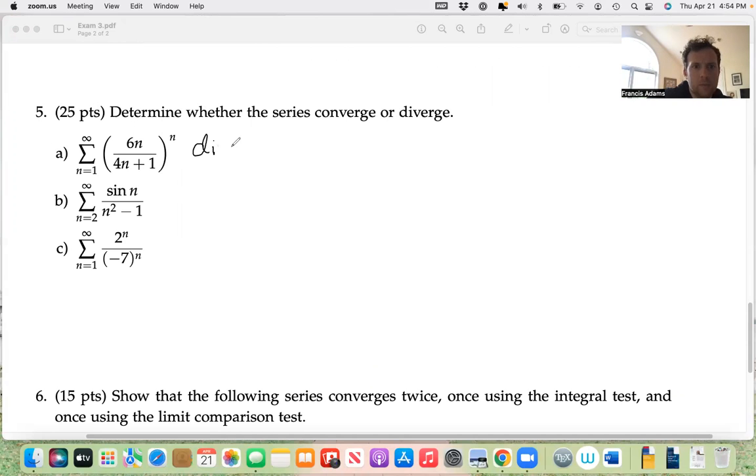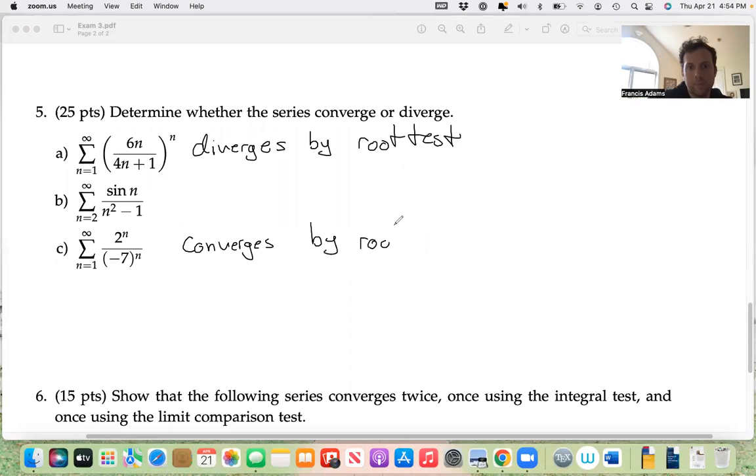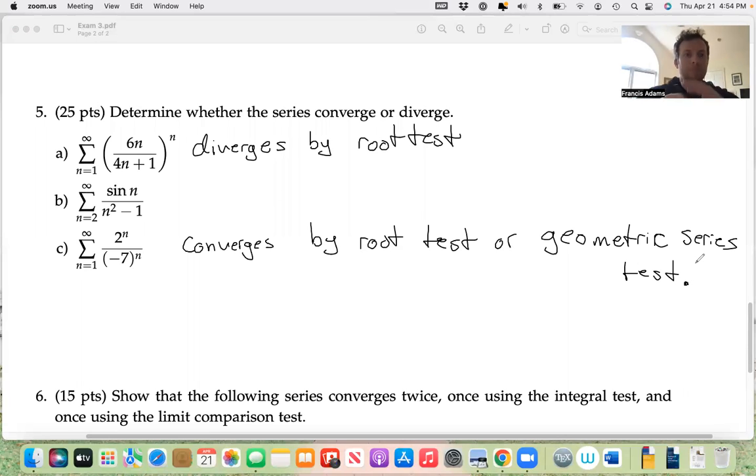This one, you can check, diverges by the root test. This one, either two ways, this converges by the root test, or what we shouldn't forget is that this is actually a geometric series test. And about B,